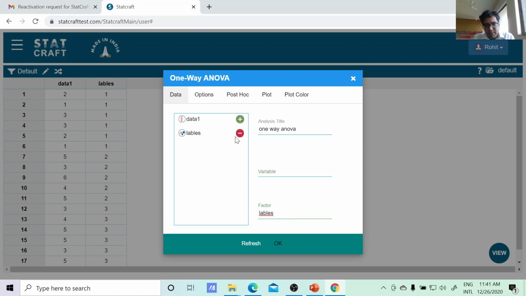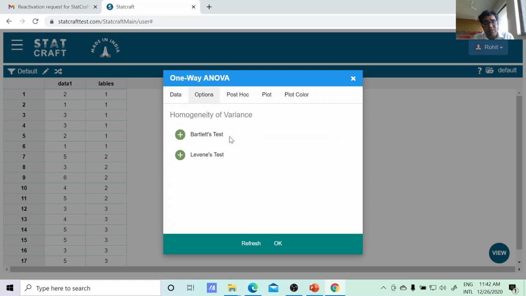As I had discussed, you just need to give the name, that is one way ANOVA. Always remember, when the variable is asked, your numerical data should be there. So in variable always enter numerical data, and in factor always remember the categorical data. These labels are the categorical data that we need to enter. So the same thing again I am repeating. When the variable is asked, this data is your variable, the numeric form, you need to add it. The labels mean categorical data, which is making the category, how much is in group 1, how much is in group 2, you just add here as a factor.